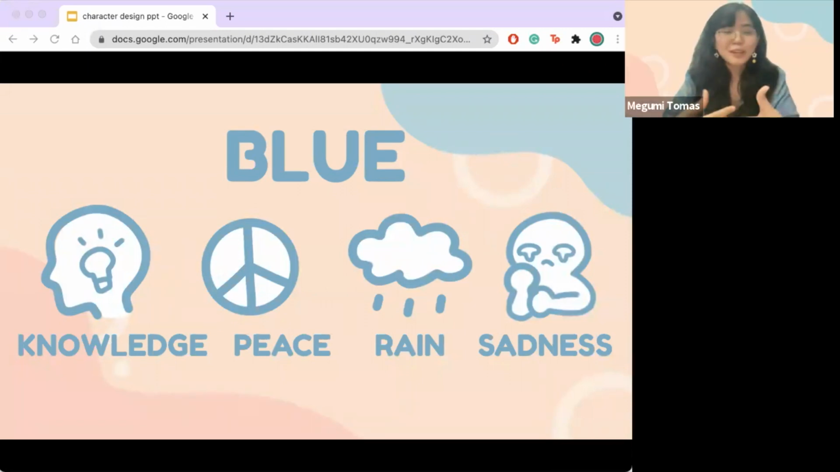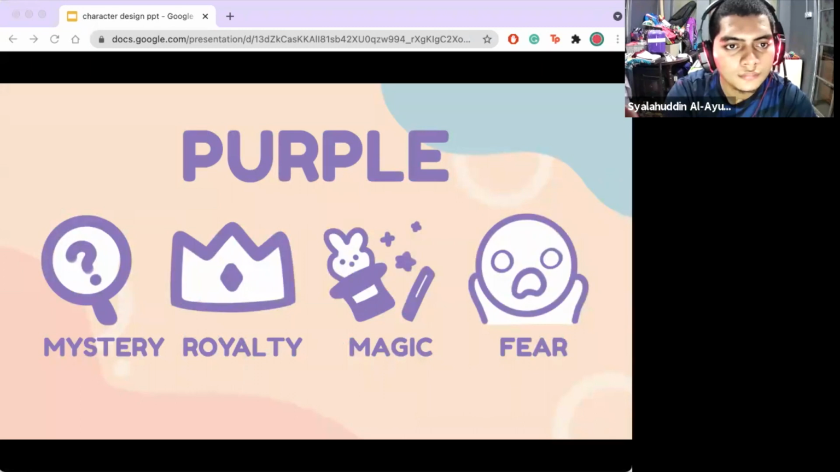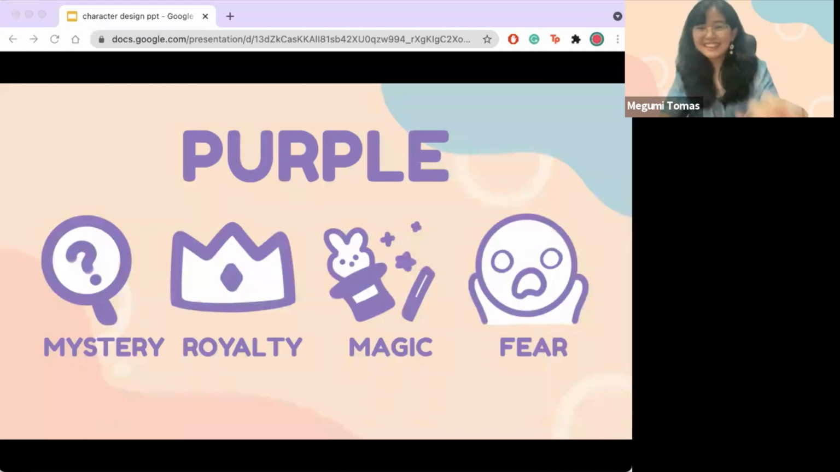Okay. Blue is commonly associated with knowledge, peace, rain, and sadness. And then we have purple: mystery, royalty, magic, and fear. I'm trying to talk slower because I noticed some people are writing. I'm sorry, maybe if I went too fast. Okay. And then